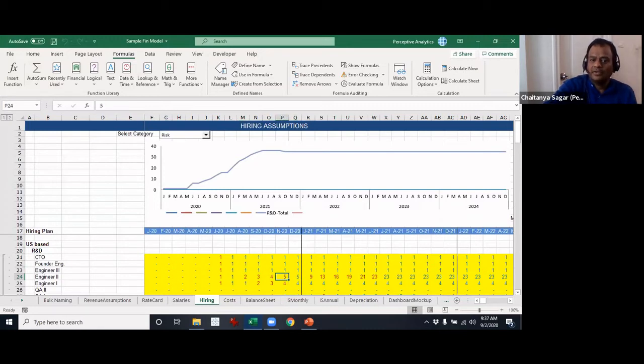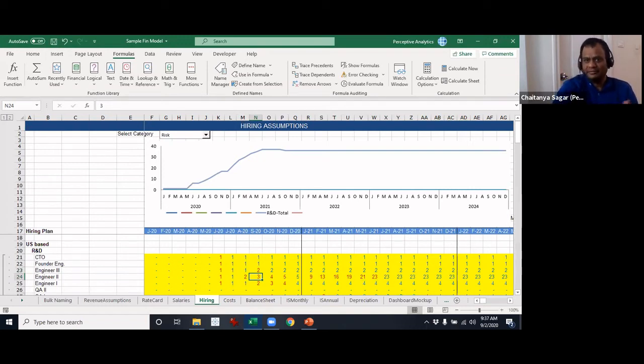But at some point they might take a break and not hire individuals, and then it'll go further until it stabilizes. So there's recruitment going on here, and then it stabilizes, and after that it goes on and so forth. So what you can do here is, for example, you have the same numbers here. Let's say you have hired one more person, you can hit 2 here, and that will continue for the rest. Again, this is not really big, but this is the functionality that you derive out of very simple formulas.